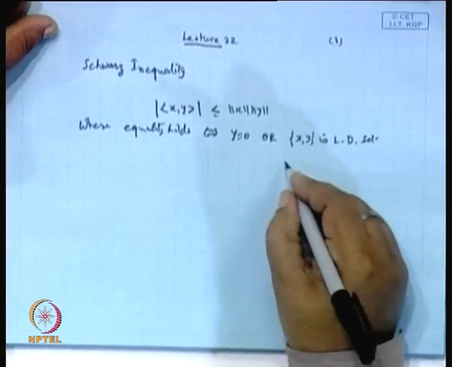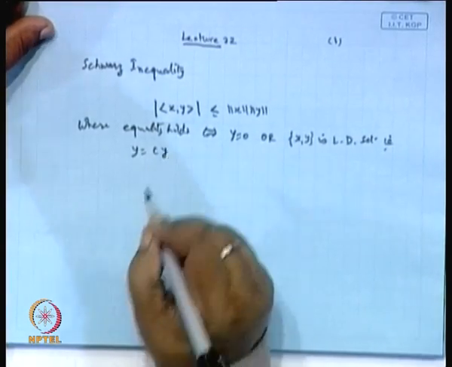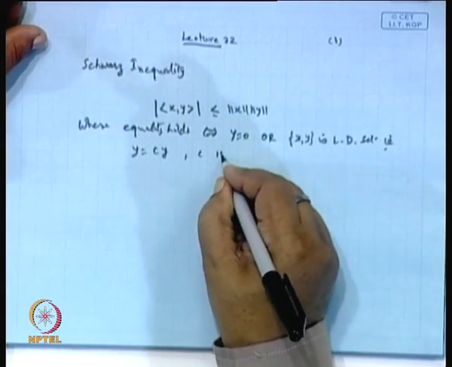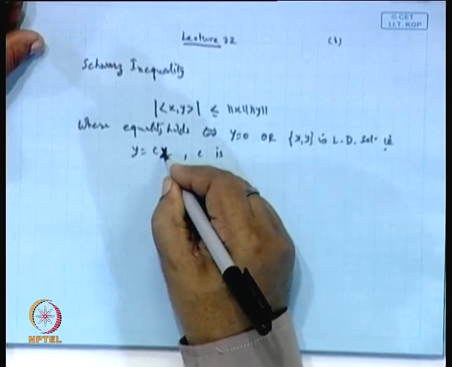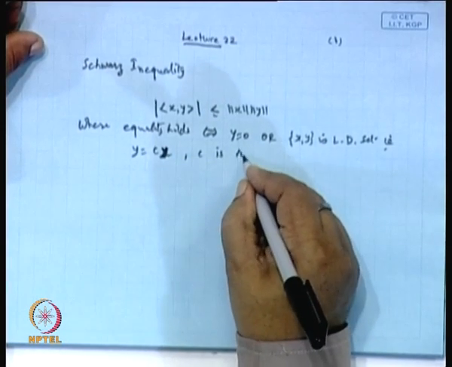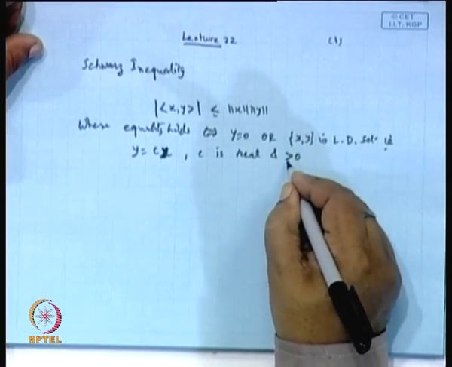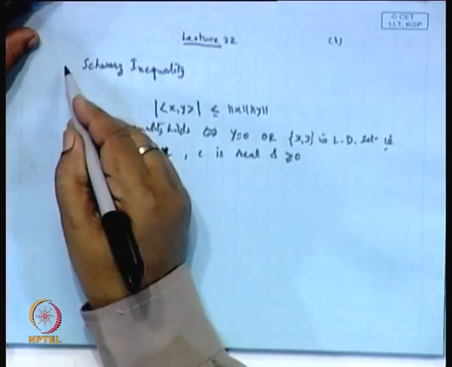That is, x is equal to c y, where c is real and greater than 0, or equal to 0 at the most. Clear? Now, this Schwarz inequality